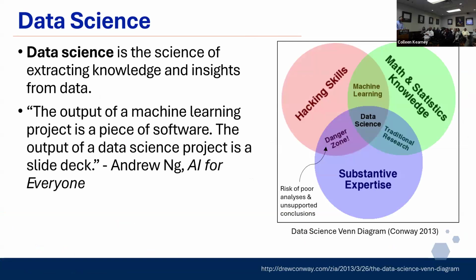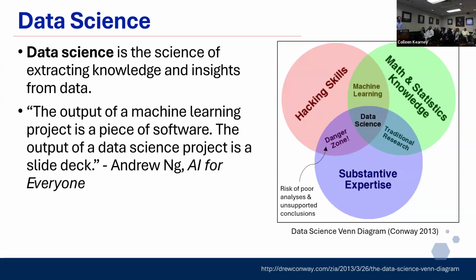So a final term for our vocabulary that I want to throw out is data science. And you might have heard of this. It's the science of extracting knowledge and insights from data. It's closely aligned with machine learning and artificial intelligence, but I think the main distinction here is that you're gaining insight. So it's the process of extracting information from what you're doing. And I like this quote, Andrew says that the output of machine learning is a piece of software and the output of data science is a slide deck. So you're sort of presenting work. I think a lot of what we do in research here is data science and not so much machine learning. So I thought it was pretty interesting.